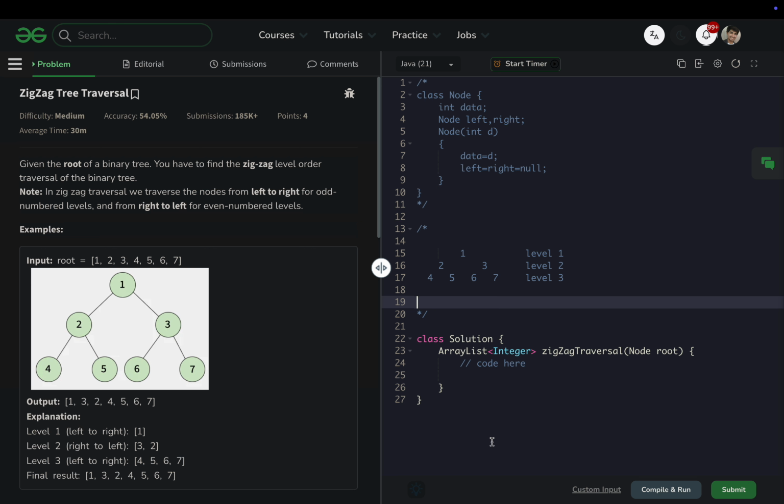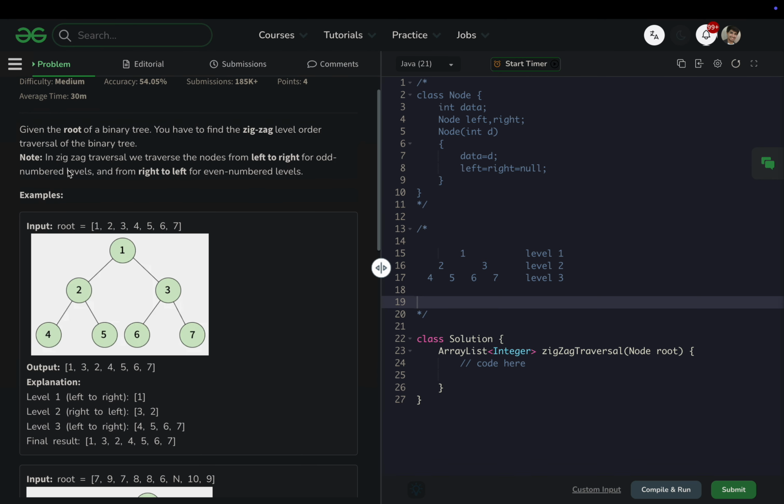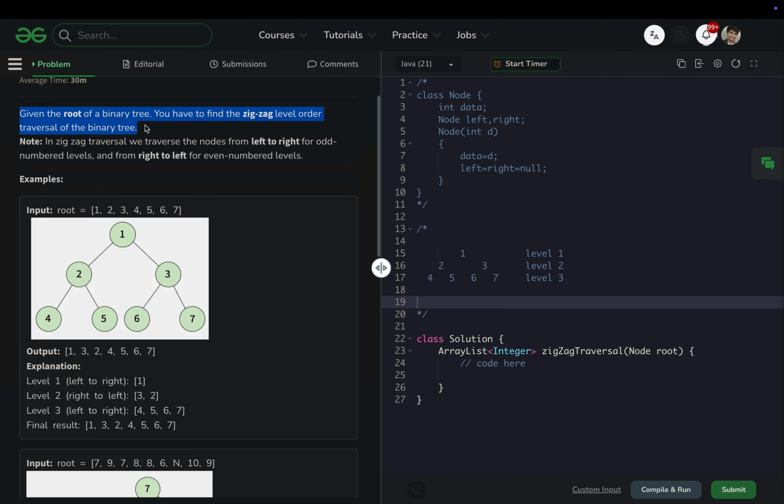So hello everyone, and today we will be seeing one of the problems from Geeks for Geeks. The problem says ZigZag Traversal of a tree. So it's a typical tree traversal but in a zigzag fashion, that's what I believe. It says given a root of a binary tree, you have to find a zigzag level order traversal of